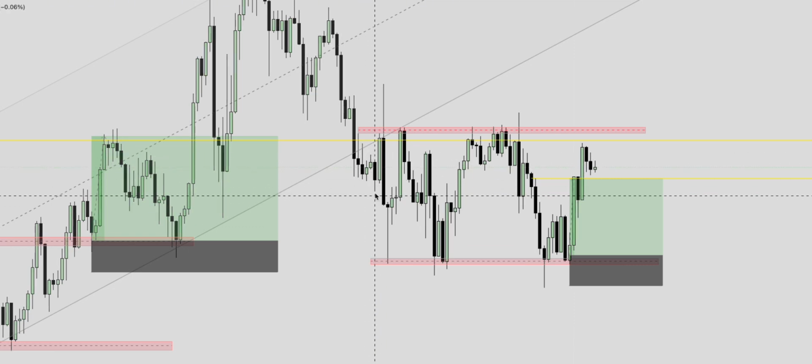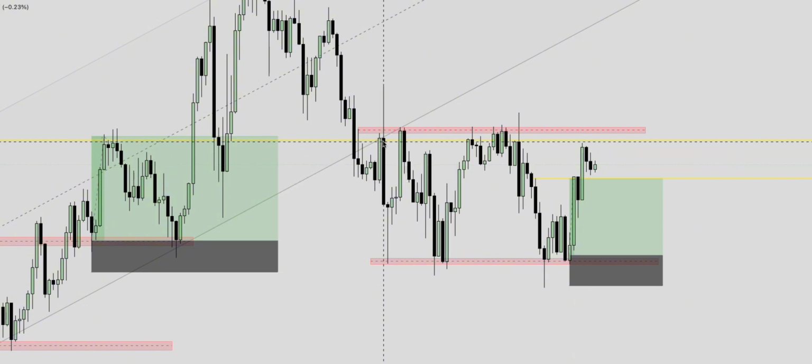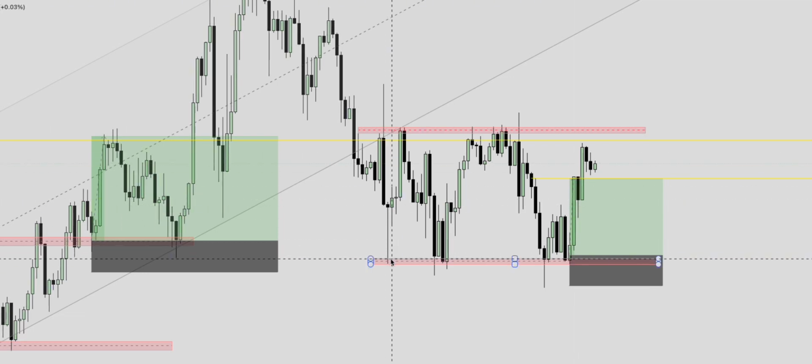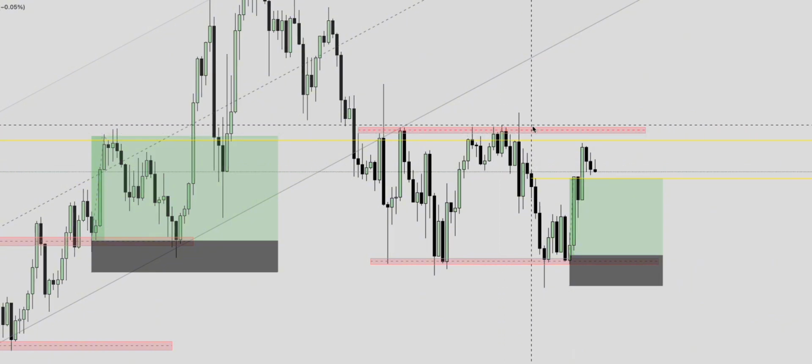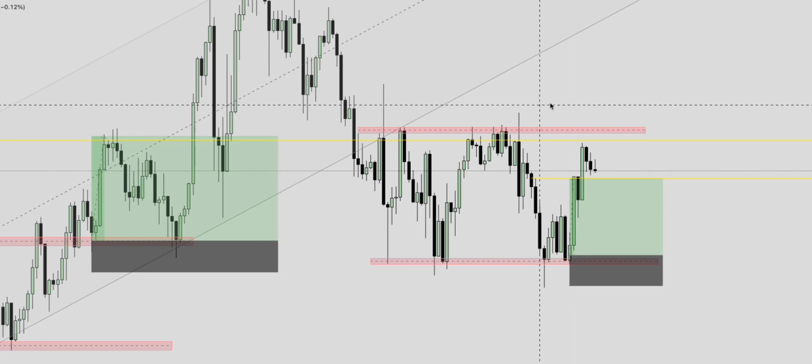I wasn't taking this. I didn't take this trade because it was out of the trend line. Instead, I should be looking for sell because we are out of the trend line in this case. So you see market eventually tapped the trend line and continued selling downward. When I woke up today, I saw market somewhere around here, which was a good, perfect price for me to sell. But I didn't want to sell.